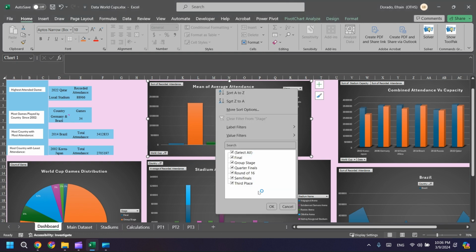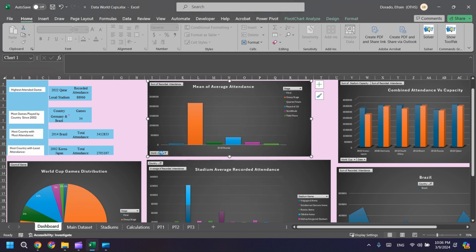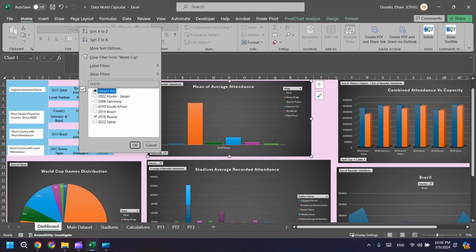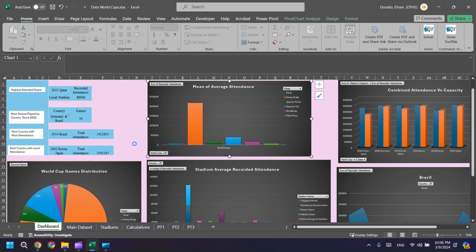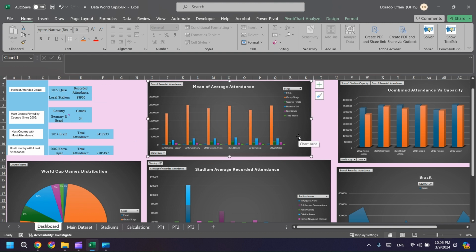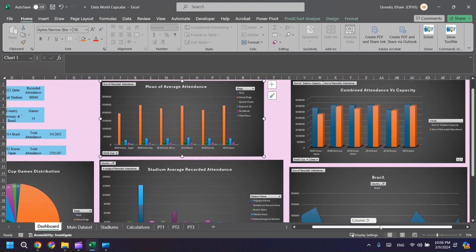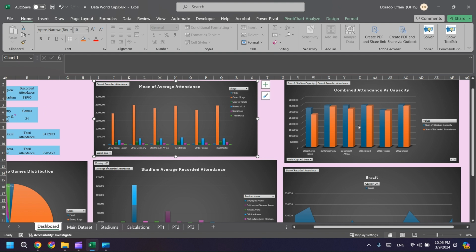So yeah, pivot charts are a really amazing way to display data and to filter data within a chart. Here is a chart that displays the combined attendance versus capacity of all the World Cups. So, as you can see by looking at the two bars in the chart,